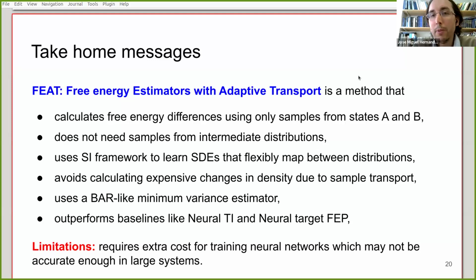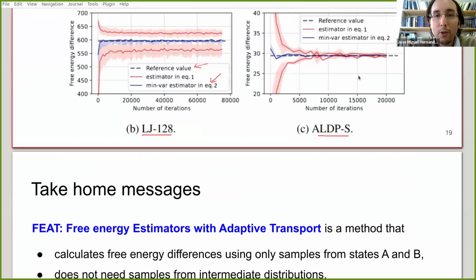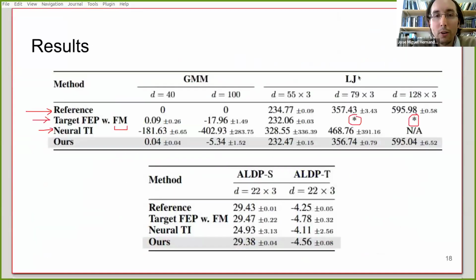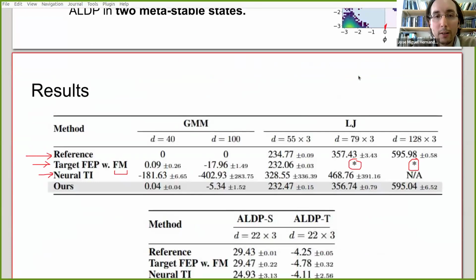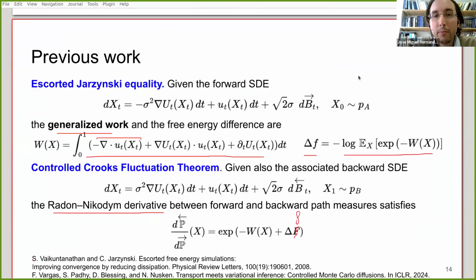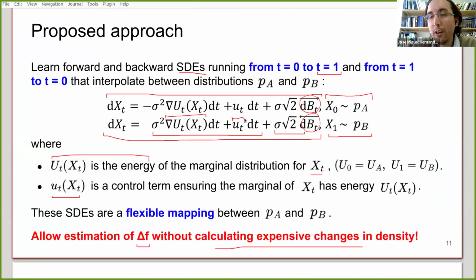I didn't say that, but imagine that you have a collection of problems and you learn your SDE models. Maybe you learn these SDE models conditioned on some properties of your problem. I mean, the example that I mentioned before, maybe you want to know if a molecule is going to dissolve in water or not. You could think about learning an SDE model that is conditioned on the features of your molecule.